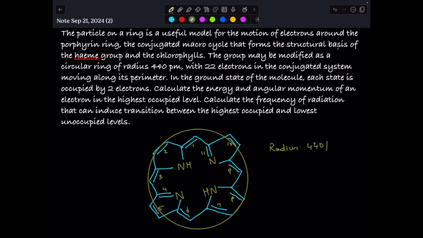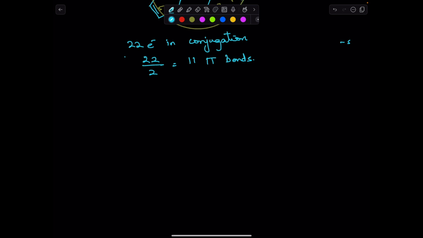440 picometers. Since there are 22 electrons involved in the conjugation, there should be 22 divided by 2, which is 11 pi bonds. Because there are 11 pi bonds, 11 over 2 is 5.5, and when you round it down, you get 5. So we can say that